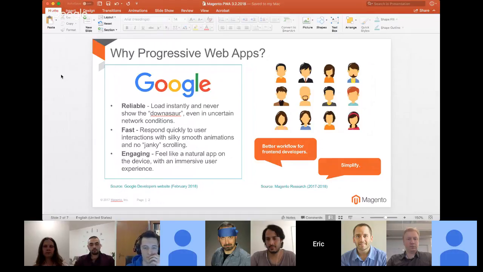Having just joined the team, but not necessarily Magento, in the past couple of weeks, it's really clear that we're on to something. In many ways it's delivering where responsive left off. It's building upon a lot of the great research that we've known to date, whether that be the survey, so thank you so much for your participation there, as well as the research from UX Danielle and others that have highlighted the need for us to not only address the benefits of PWA, those are certain, but more so the opportunity, which is around the workflow.